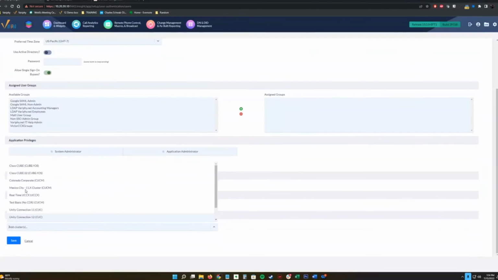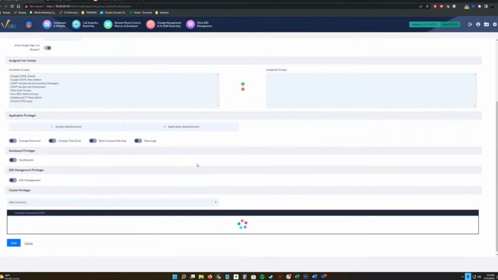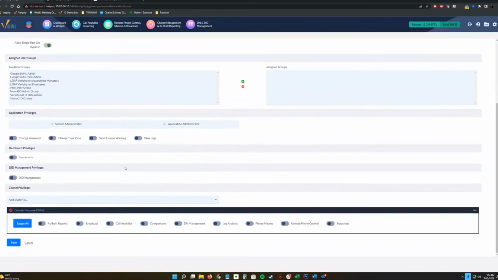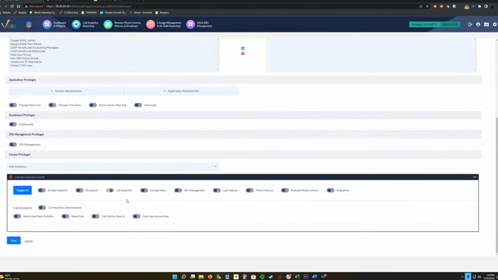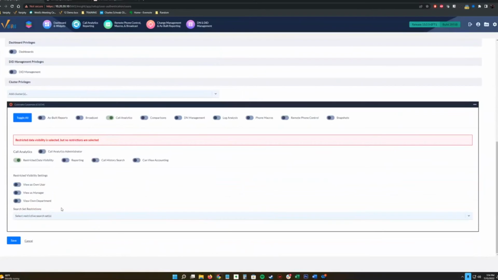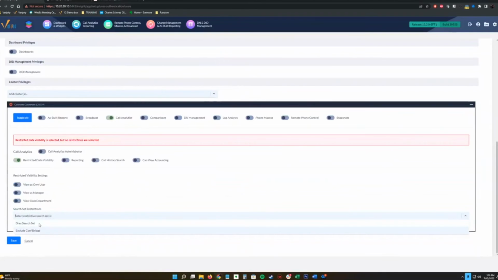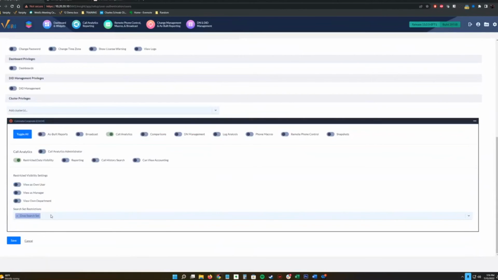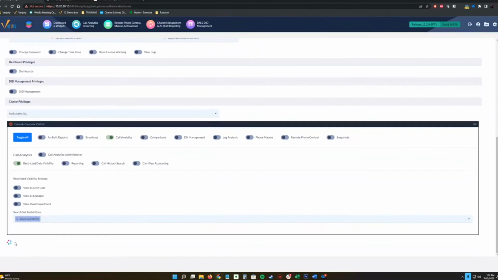We're going to choose that cluster down here at the bottom, press the plus sign, click Call Analytics, and click again that restricted data visibility use settings. At the bottom you can see we have a search set restriction. Here we see those 2 search sets that were created within the public search set creation. So we can pick now Dre search set. We know that search set should only show us those 2371 numbers, so we're going to save this.